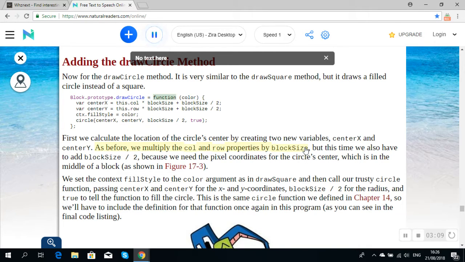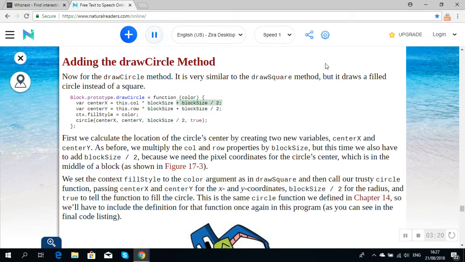Block.prototype.drawCircle = function (color) { var centerX = this.col * blockSize + blockSize / 2; var centerY = this.row * blockSize + blockSize / 2; ctx.fillStyle = color; circle(centerX, centerY, blockSize / 2, true); };